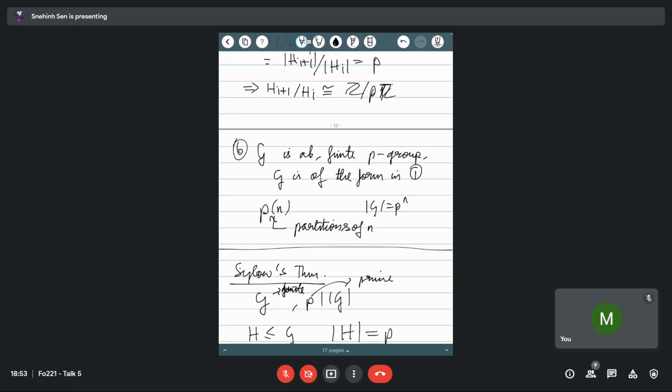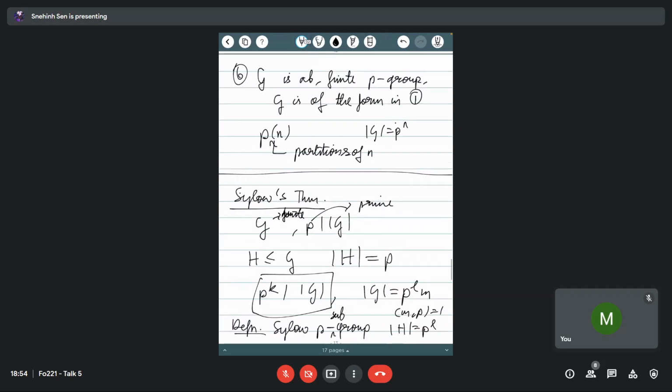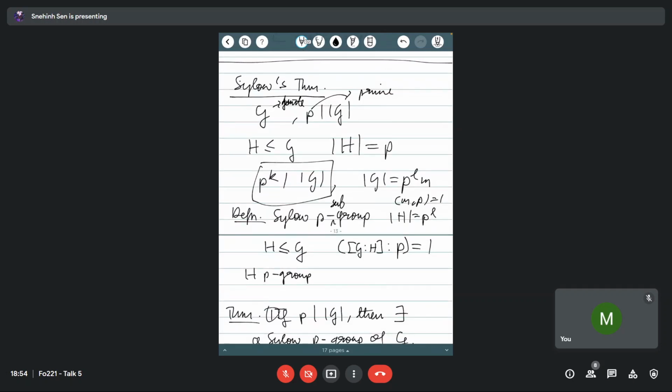And as I claimed, any finite abelian p-group is of the form stated in 1, and you can show that the number of non-isomorphic p-groups is equal to the number of partitions of n. And then I stated and studied Sylow's theorem. Well, you can look at the theorem. It basically says that